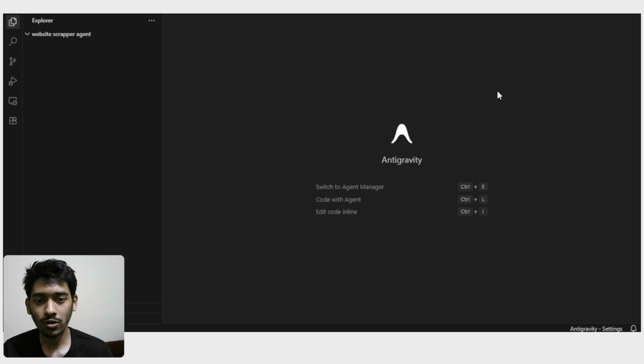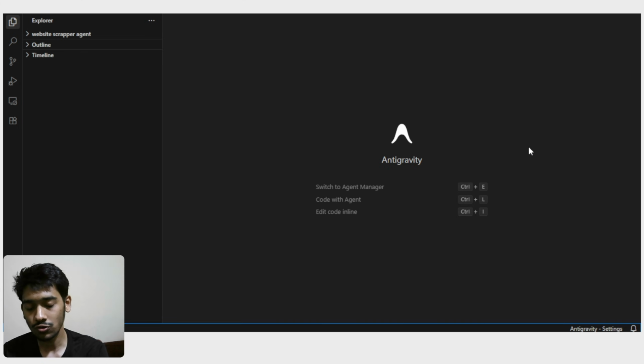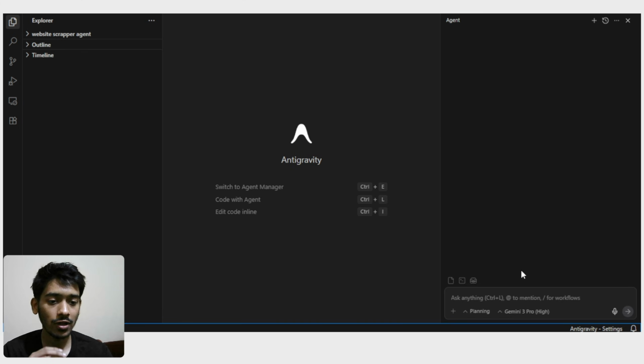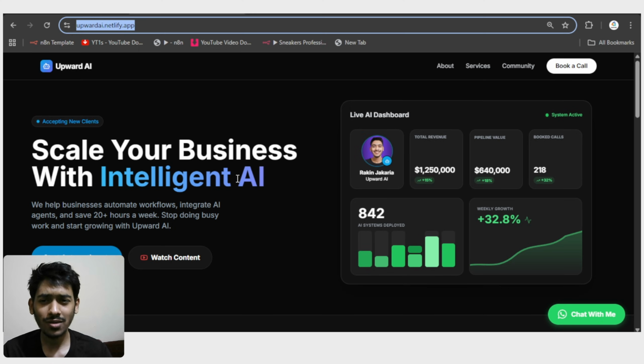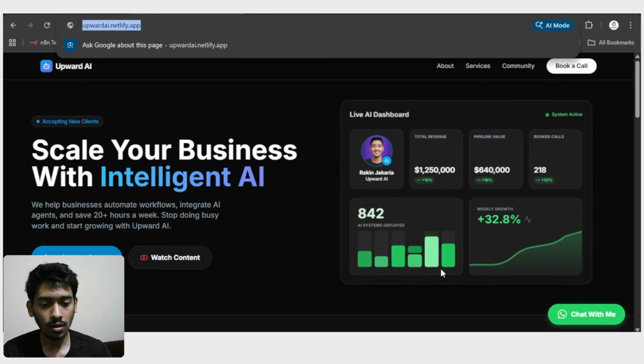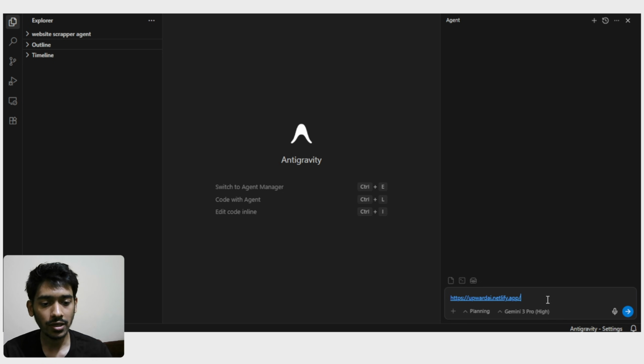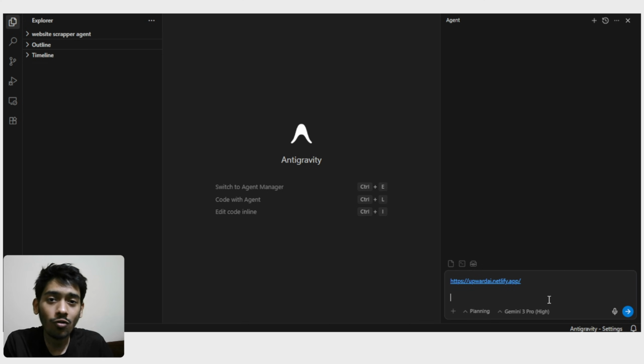To start the work, we just have to enable the agent section again, and for that I'll click here, Ctrl+L, and this kind of command box will pop up in front of me. Here I'm going with the planning mode, and also I'm going with Gemini 3 Pro, and here I'm giving the command for what I really have to do with the site. So in here I'm going with my website URL, and I'm giving it in here, and after that I have to give the command for what I really need